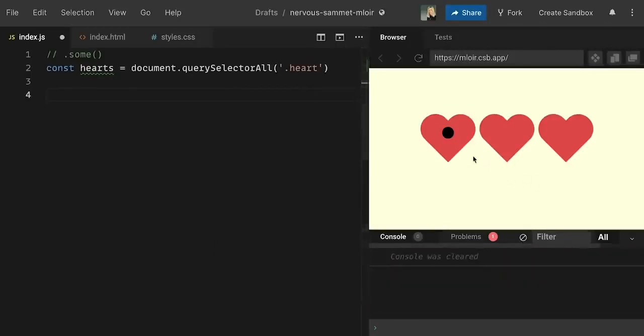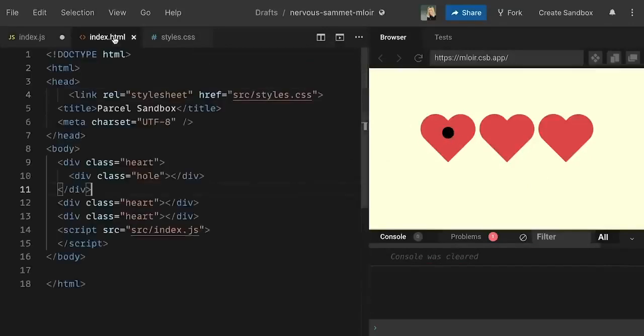Here we have 3 hearts. I have a hole in one of the hearts. So if you see here, I have one div that has a heart, but it also has a child div in it that has a class of hole, which is this black thing right here, and then another heart and another heart. So what I have done is essentially in my JavaScript picked out each div with a class of